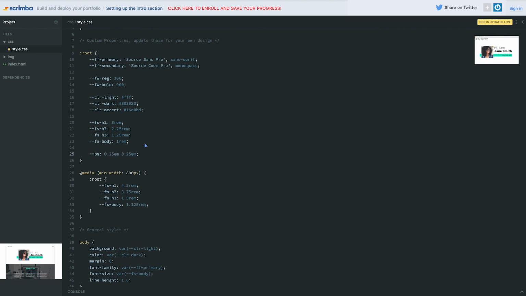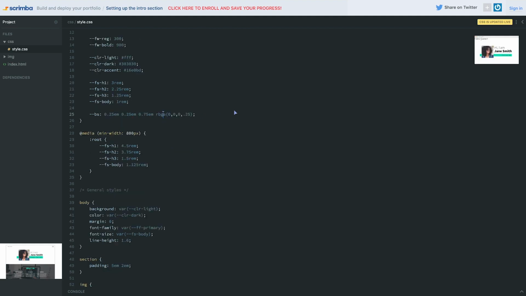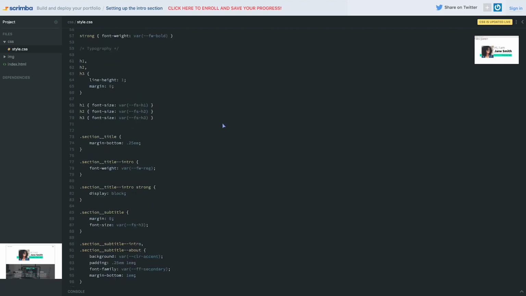So that's to the right and down just a little bit. The blur will be a 0.75 M, and we'll give it an RGBA of 0.25. Except that should be our GB. That should be good. So now we can come down and put it on our image, but we don't want